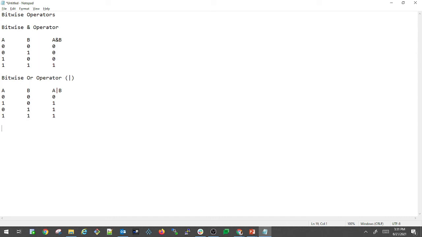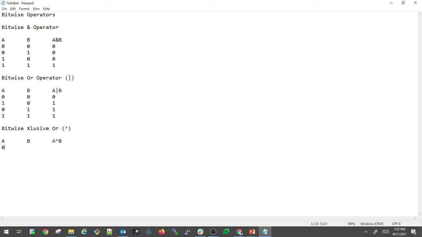So now let us look at the bitwise exclusive OR also. Let's take a look at the table here. A, B, A exclusive OR B. Let us look at the examples here.